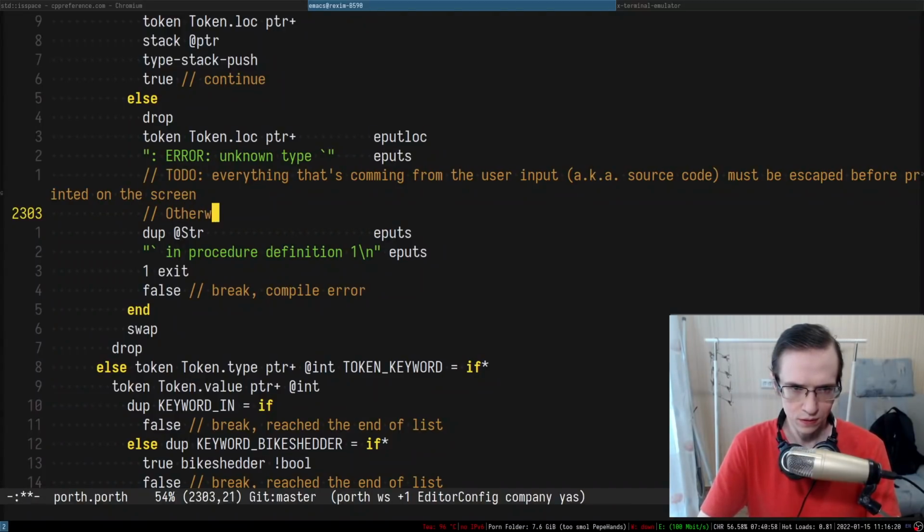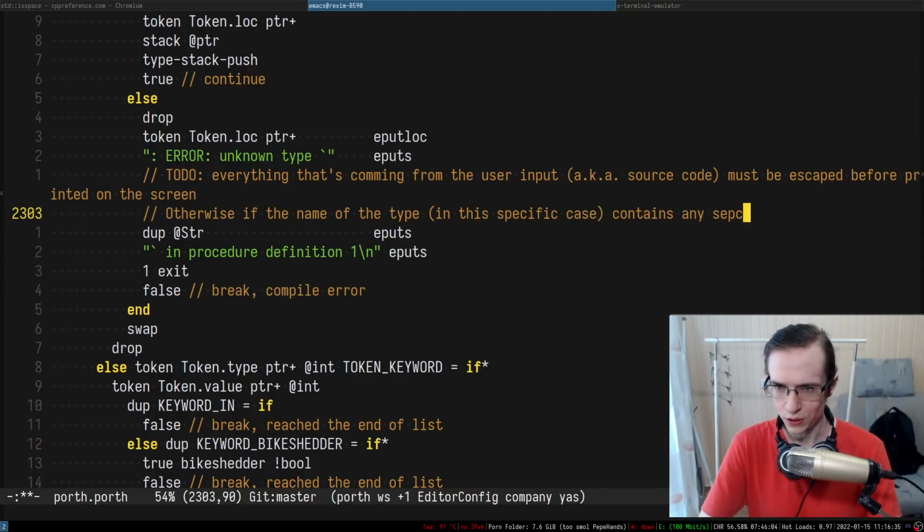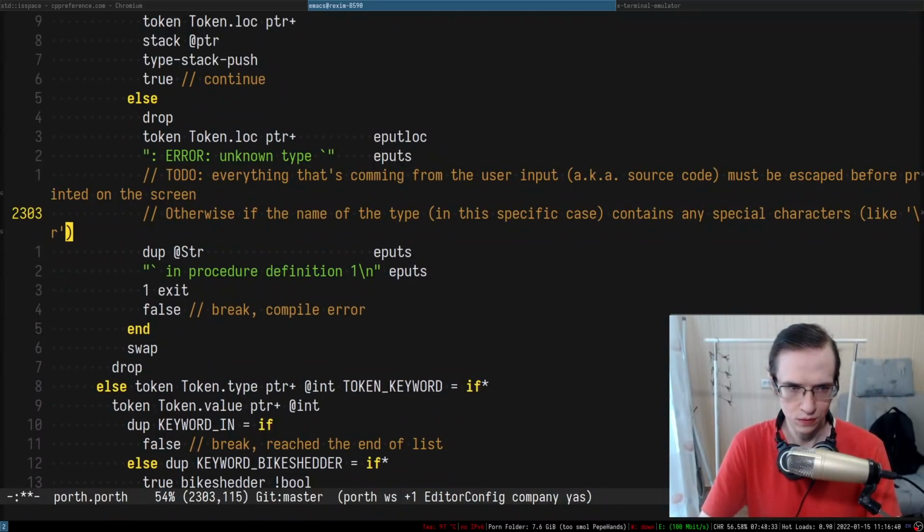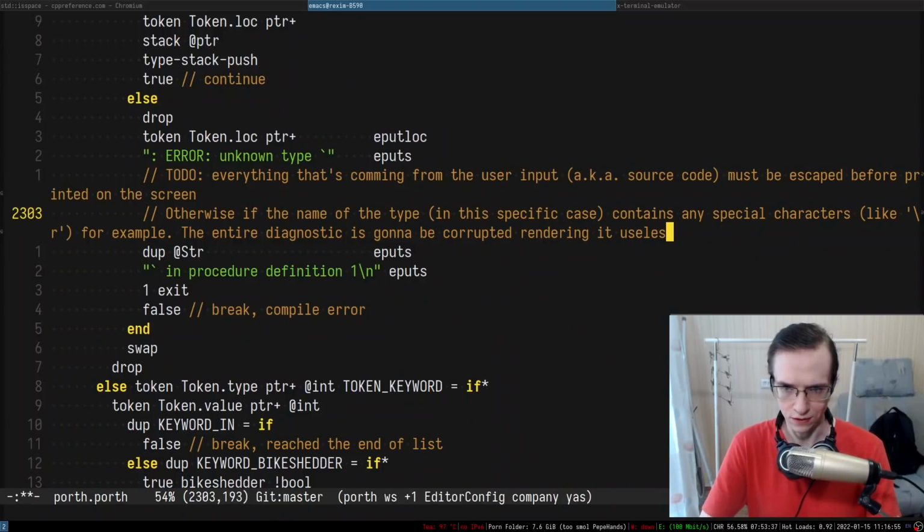Otherwise, if the name of the type in this specific case contains any special characters like /r, for example, the entire diagnostic is going to be corrupted, rendering it useless.